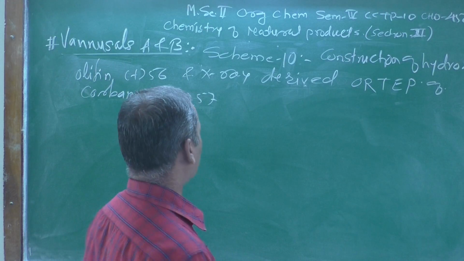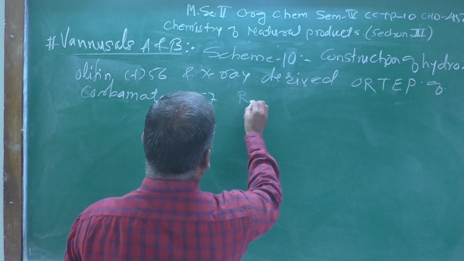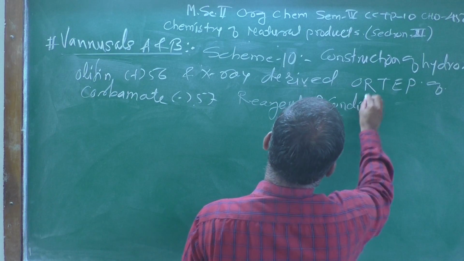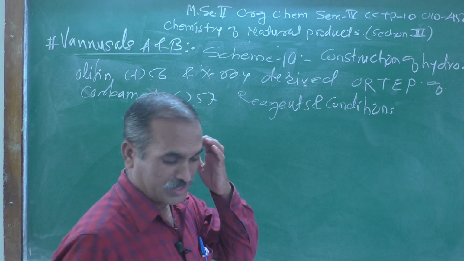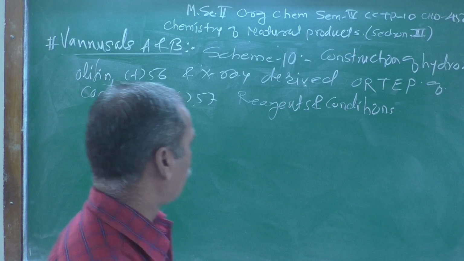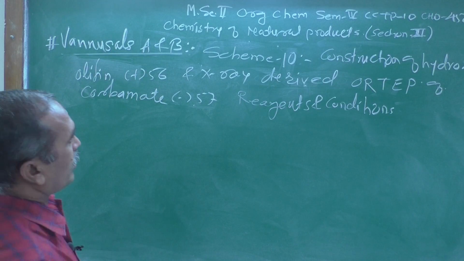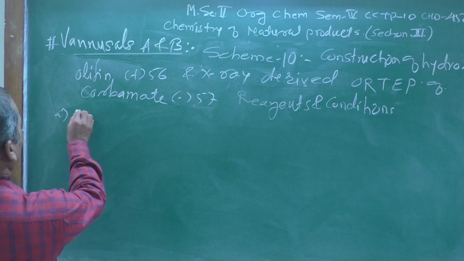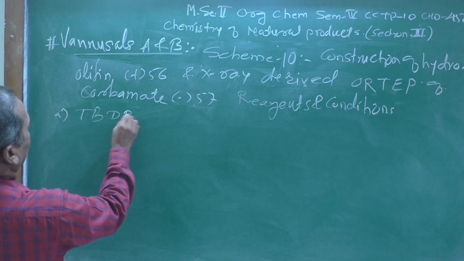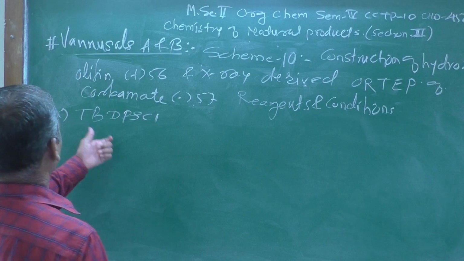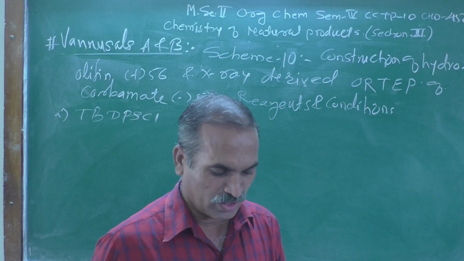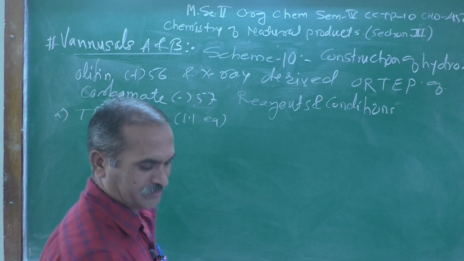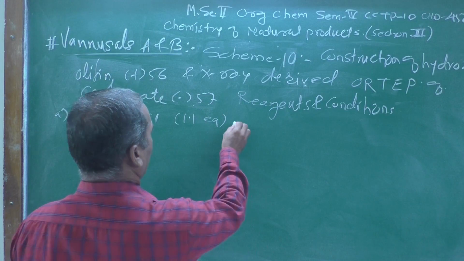Now today we are going to discuss the reagents and conditions. Now here, number one, the reagent which they have used during scheme number 10 is TBDPSCl, that is tert-butyldiphenylsilyl chloride, which was taken approximately 1.1 equivalent, followed by imidazole